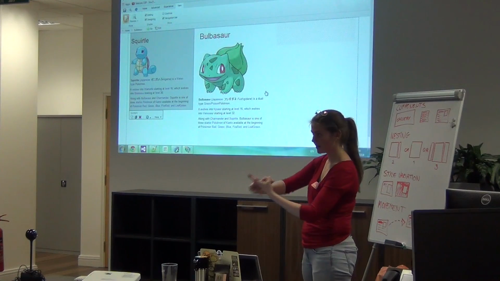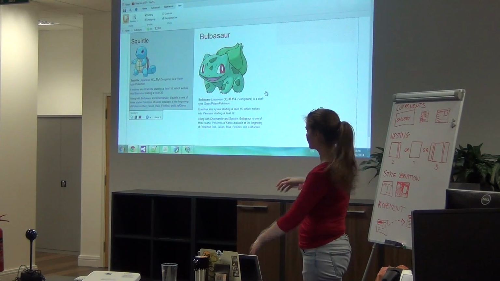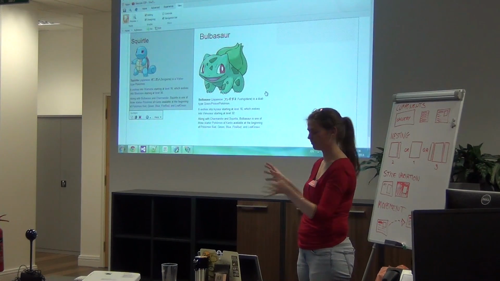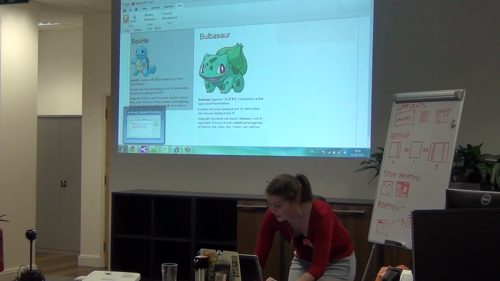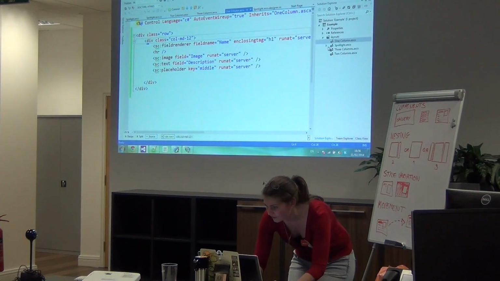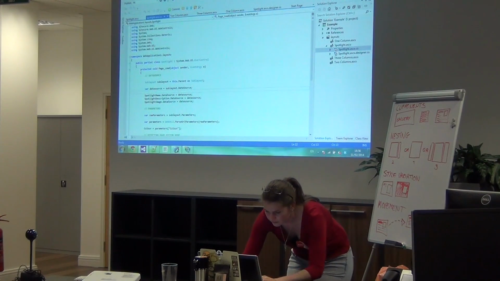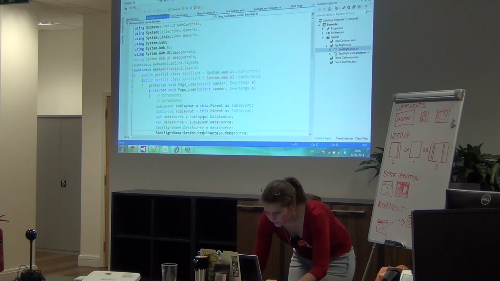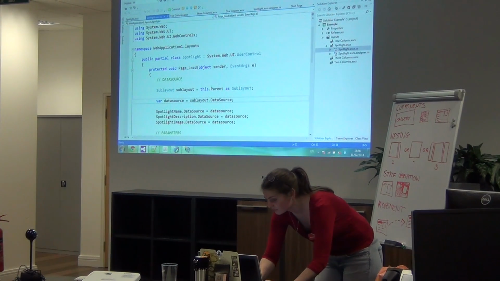So: componentize, placeholder settings, make use of data sources. And for those of you wondering, nothing's changed in 7.0 or 7.1. The code still looks the same for doing that. So this is my code for the spotlight. Just make this a bit bigger. That's pretty much it. You're saying, get this user control's parent, which is a sublayout,